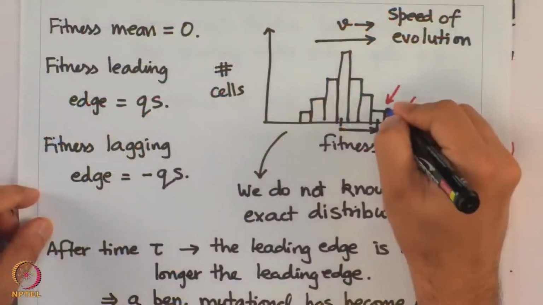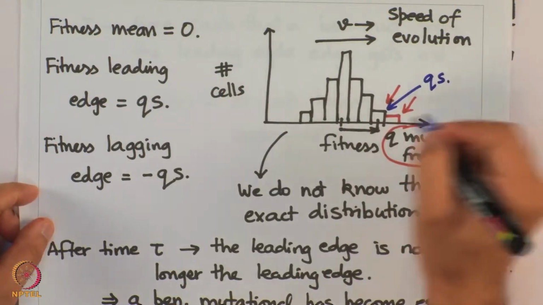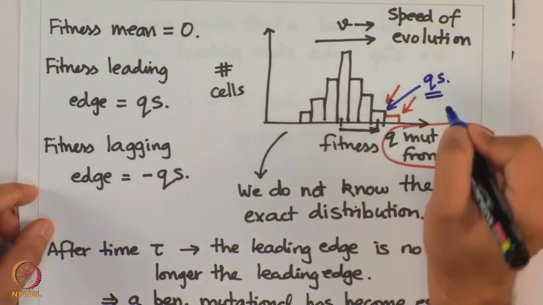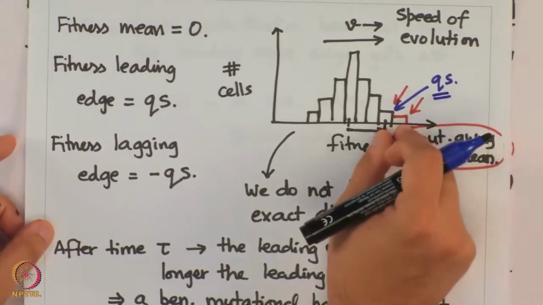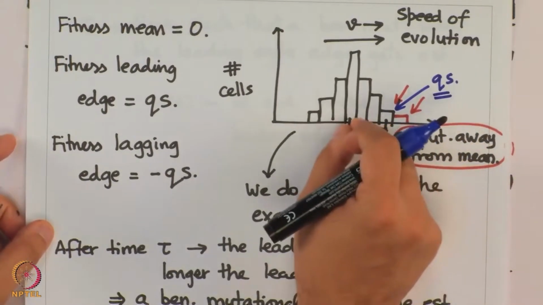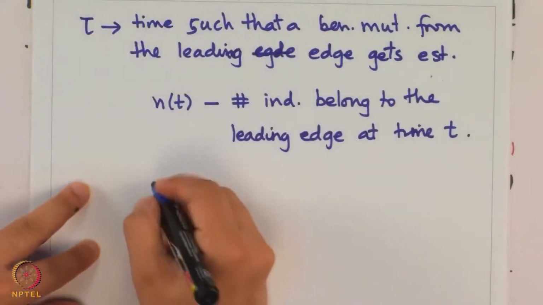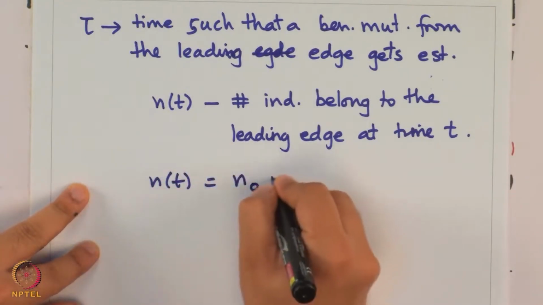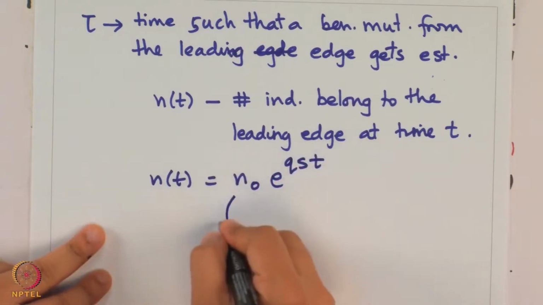And since our leading edge is QS units fitter than the wild type, that means QS units fitter than the mean, that means relative to the mean this is going to grow at a rate e to the power QS, because that's the relative advantage that this particular genotype has over the genotype corresponding to the mean fitness in the environment. So that means NT varies as N naught e to the power QS t,